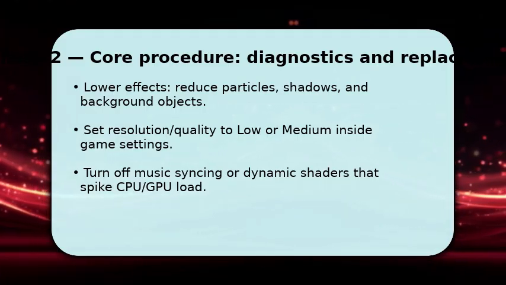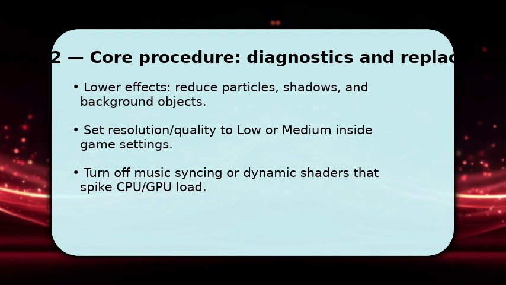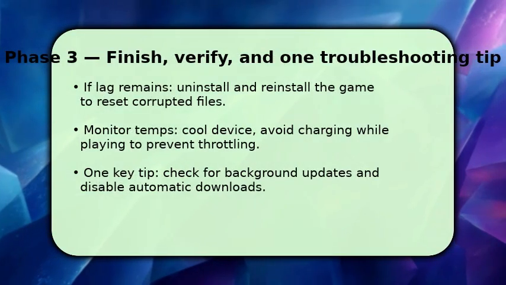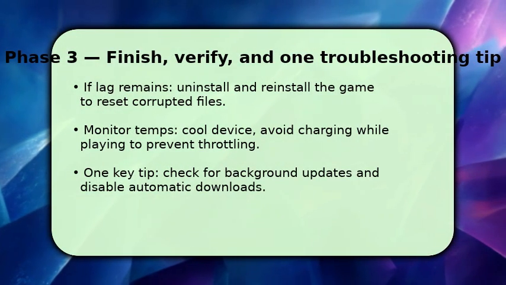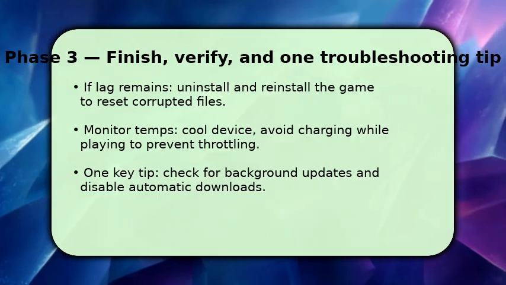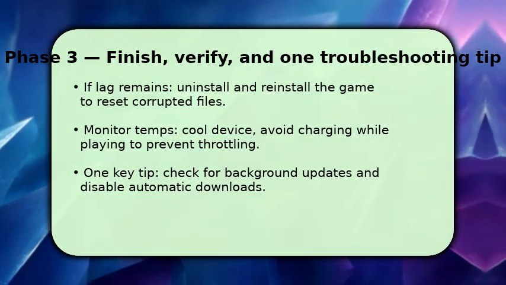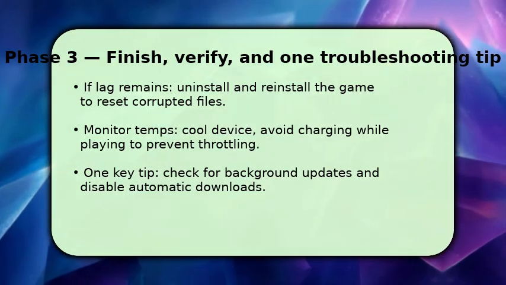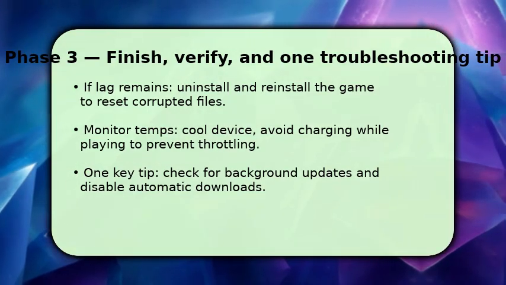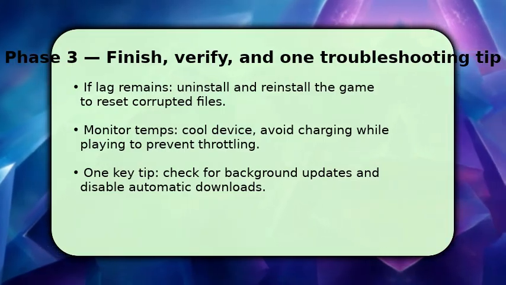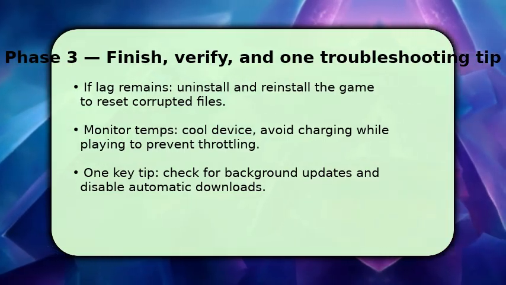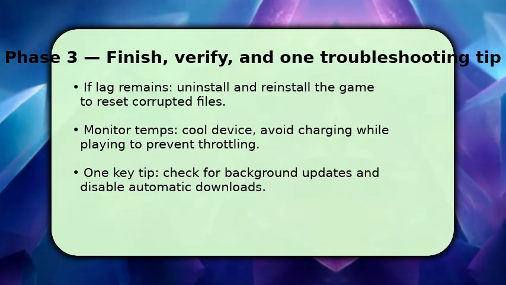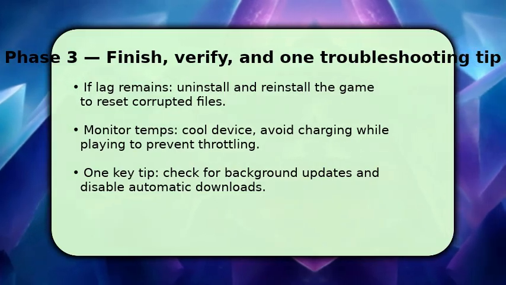You finish by eliminating lingering software and thermal issues that cause intermittent lag. If performance still drops, uninstall and reinstall the game to clear corrupted assets or bad config files. Also, monitor device temperature. If it's hot, let it cool and avoid charging while playing because thermal throttling reduces performance. Finally, disable background updates and automatic downloads. They can start mid-run and kill frames. If something goes wrong after reinstalling,